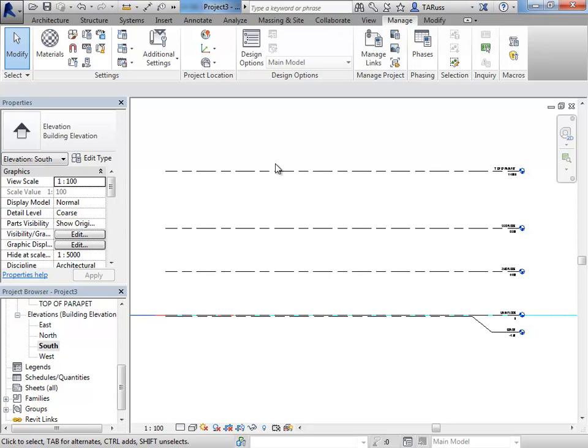So we're still in the initial setup stages of this project. We've imported our CAD drawing, set up our units. Now we've got our levels in place. We're going to go to grids after this, but before we get to that stage, something that's actually quite important